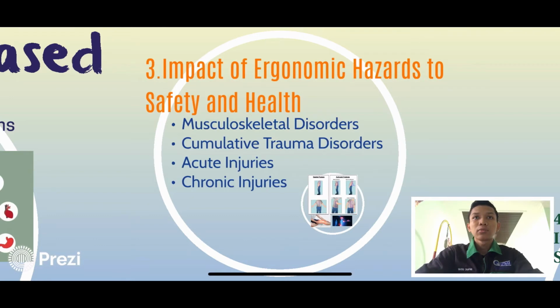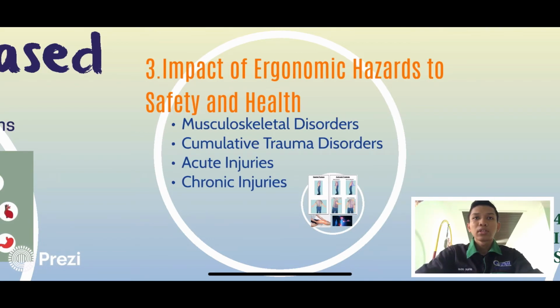Secondly, cumulative trauma. This trauma occurs when the body is called on to work harder and stretch further. It focuses on joint areas, usually affecting the muscles, bones, tendons and joints. Third, acute injuries. These are injuries that happen immediately upon an incident. For example, muscle damage due to slipping while carrying loads.